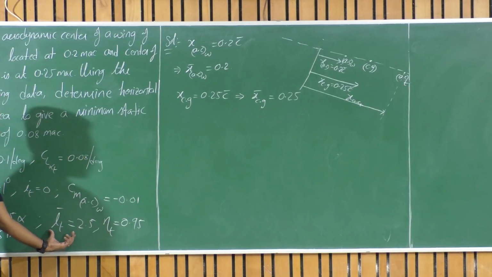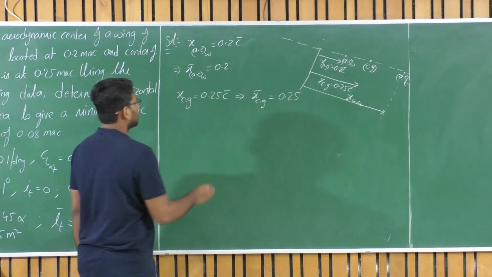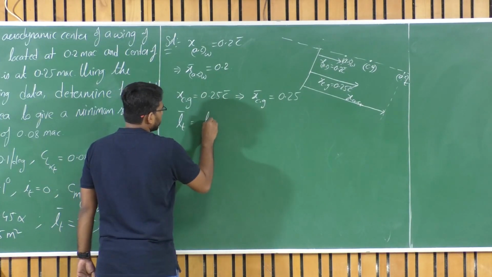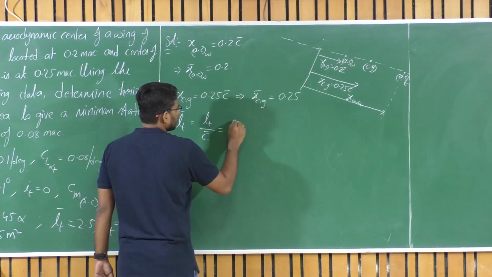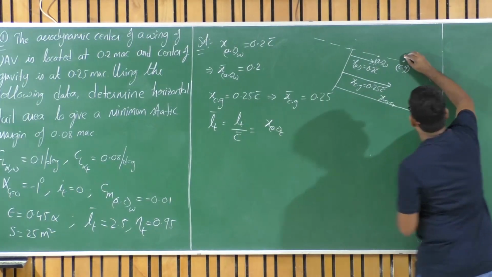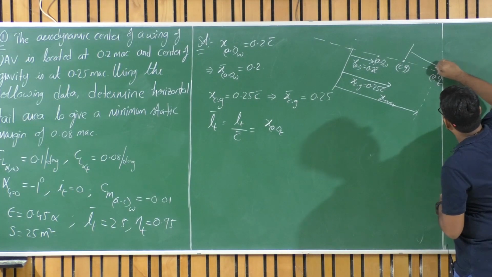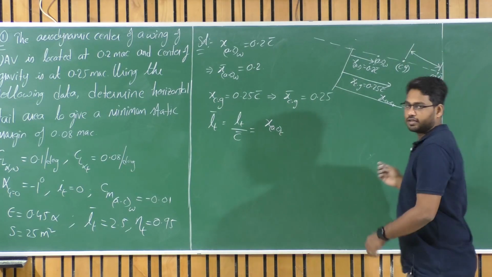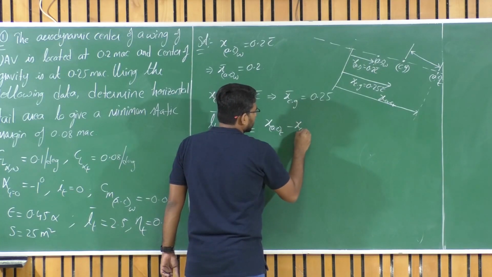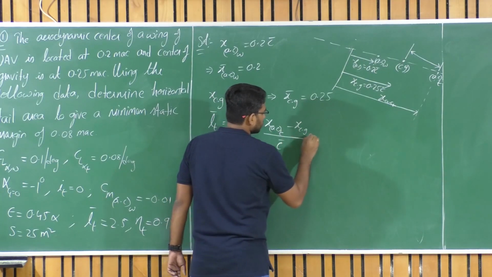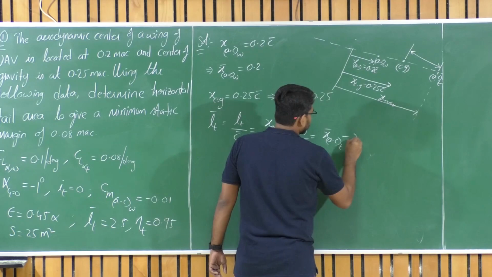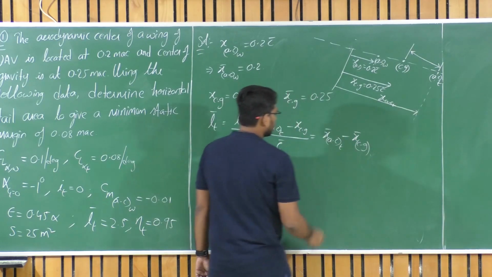We got an LT bar. What is LT bar, which we just discussed? LT bar is equal to LT upon C bar, which is equal to X AC minus X. It's the distance between, we call it the tail arm, right? So it's the distance between the aerodynamic center of the tail and the center of gravity of the aircraft. Right? X bar AC of tail minus X bar CG upon C bar. This is equal to X bar AC of tail minus X bar CG. Fine.